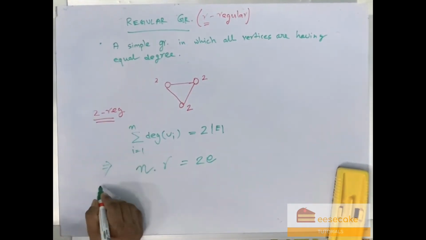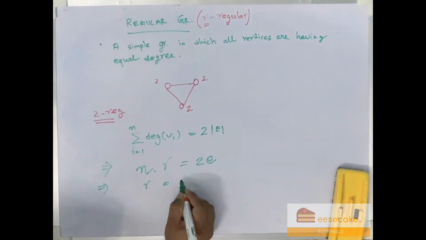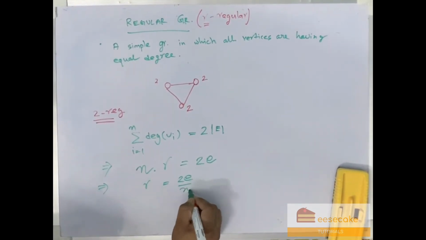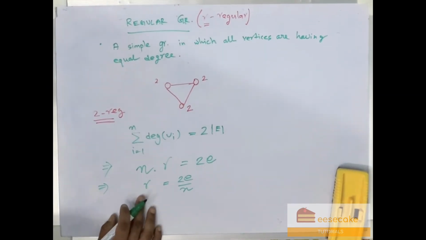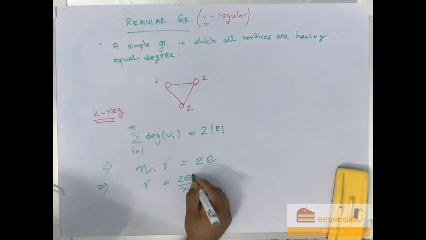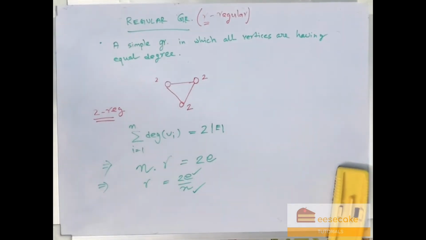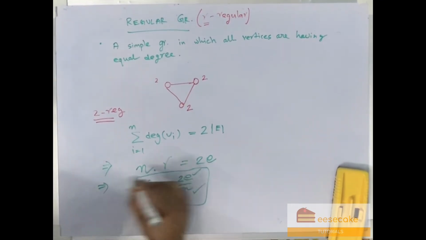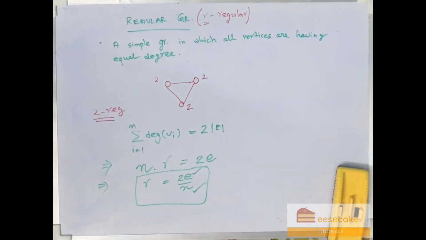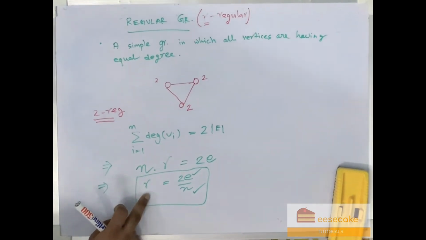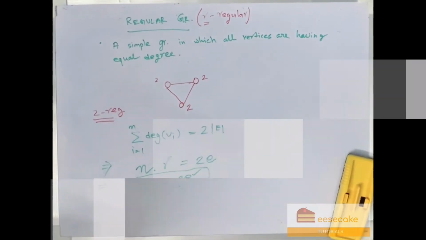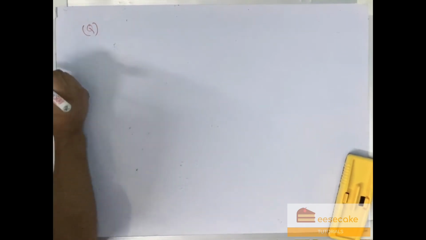So basically in this way we can always determine the degree of each vertex in a regular graph with the number of edges and the number of vertices n. So this is the kind of formula to remember. Any questions can be asked in exams, so you can directly compute the degrees of all the vertices in a regular graph. We will discuss some problem statements on regular graph.